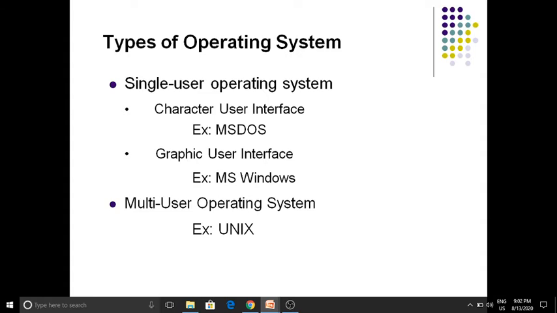Okay students, now let us go to the multi-user operating system. What is a multi-user operating system? Here, a system's hardware or software can be shared with other systems.